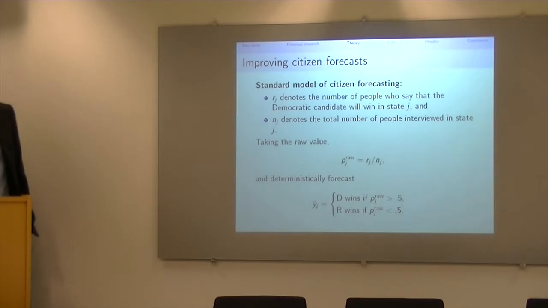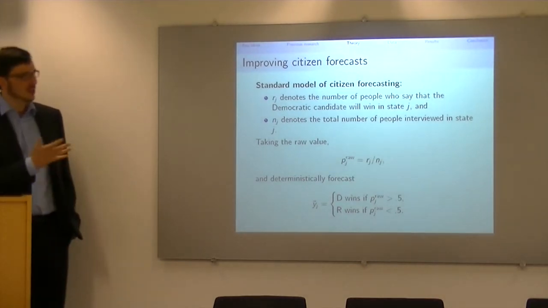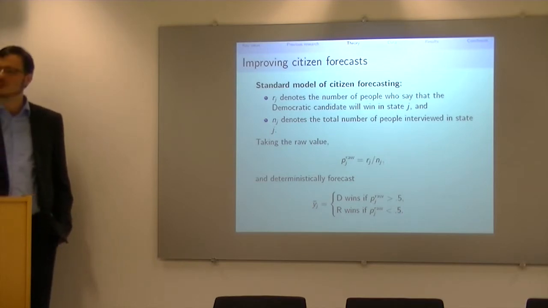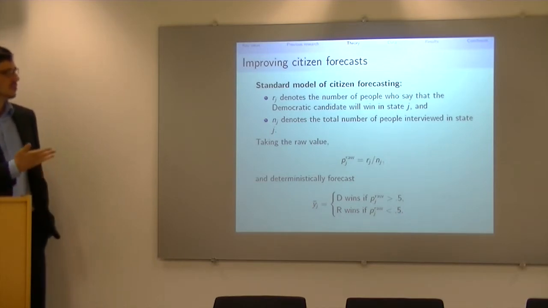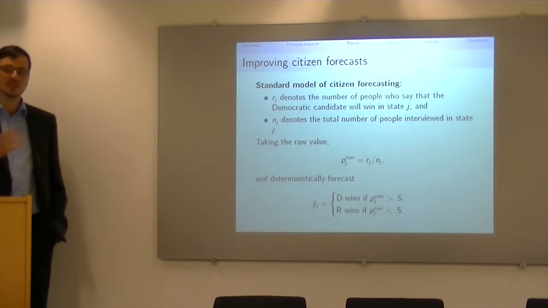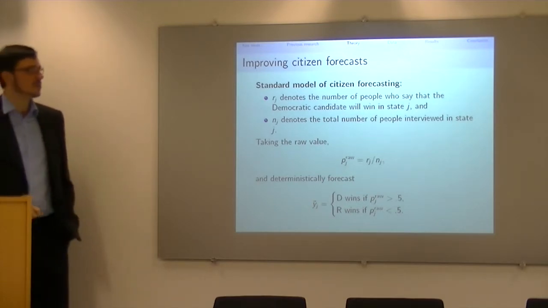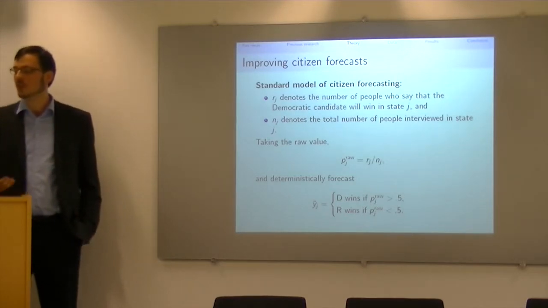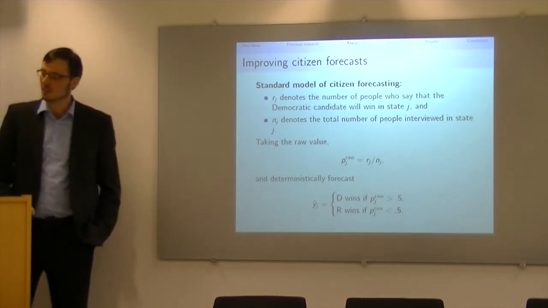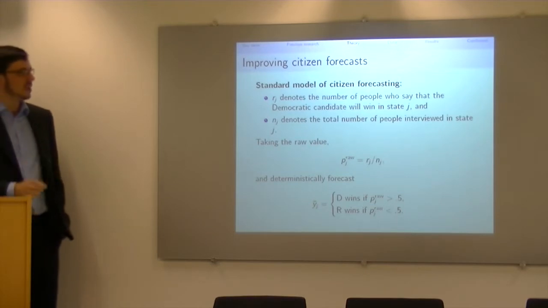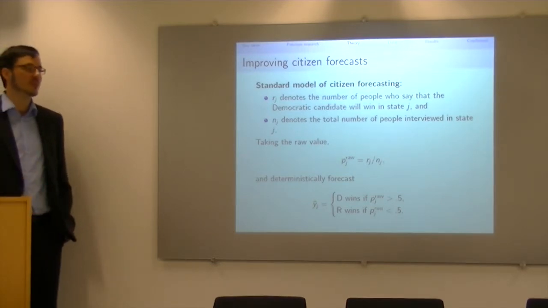This also already sets the stage of how we can improve the forecasts of this model. So here I just outline the standard model of forecasting, and I introduce a bit of notation because it is a bit more handy than in the hierarchical version of it. So let's say that Rj is the number of people who say that the Democratic candidate will win in state J, which we observe, and then we have Nj, which is the number of total people that we interviewed and